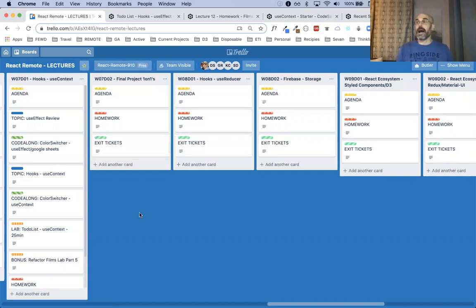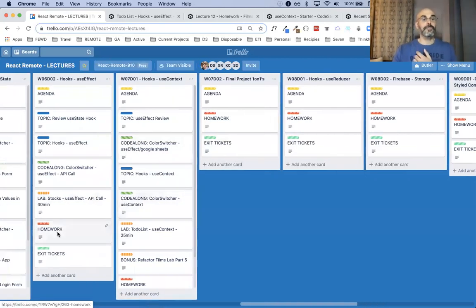On Thursday, I want to meet with everyone one-on-one to discuss final project ideas. So you'll be coming to class, and we're going to use that time to work on your final project. I'll go over the final project prompt. I have a list of APIs if anyone's interested in pulling data. But I really want everyone to start thinking about it, because the deliverable for week 8 is going to be,